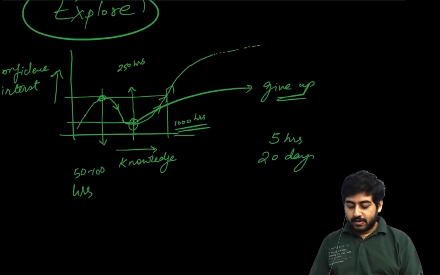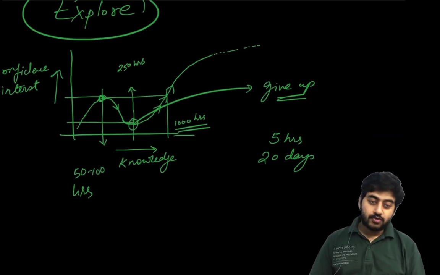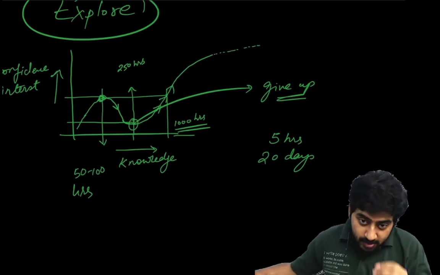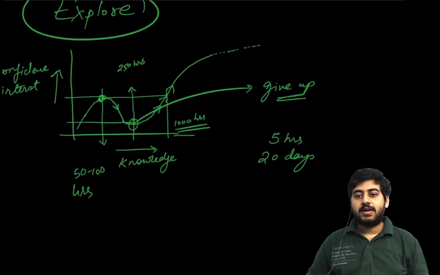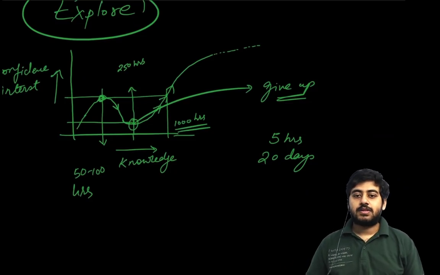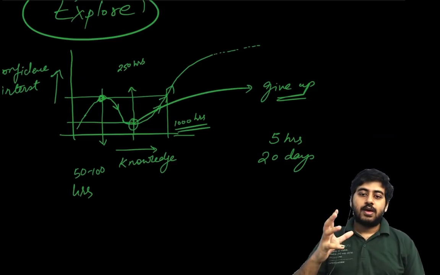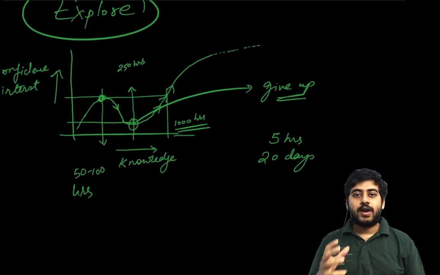To get to 200, so in 20 days you would reach this point with everything. Okay, so if you have spent maybe 10 or 20 days with any new thing,